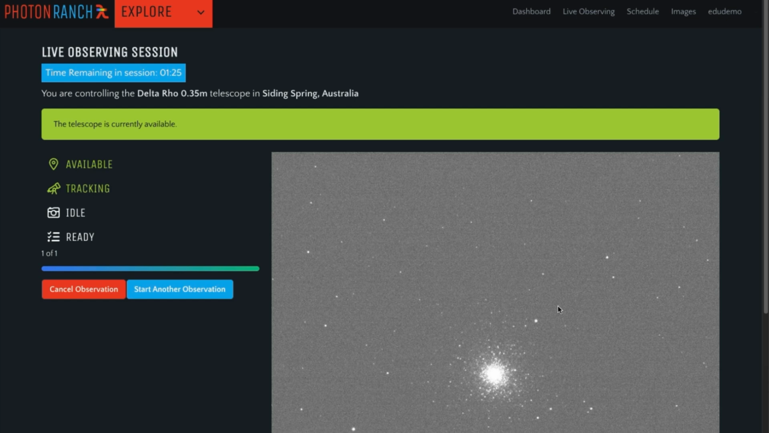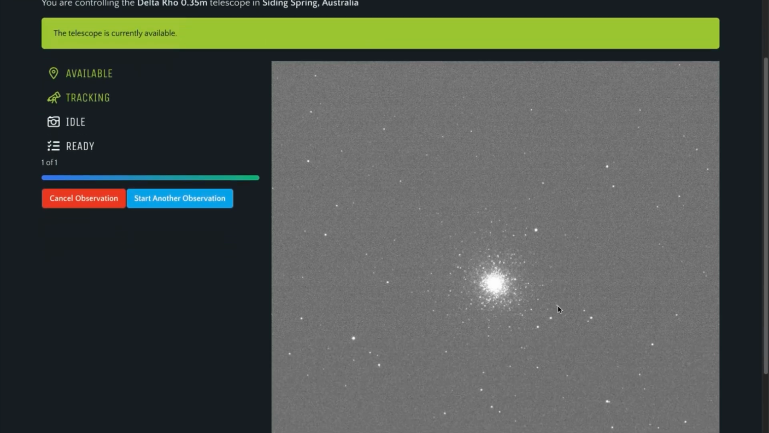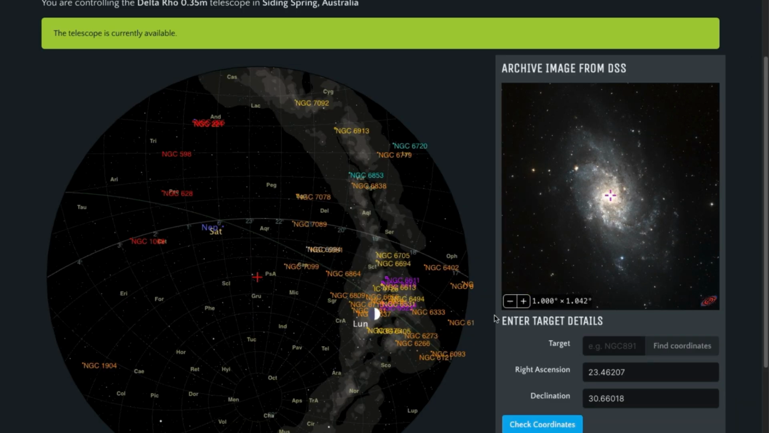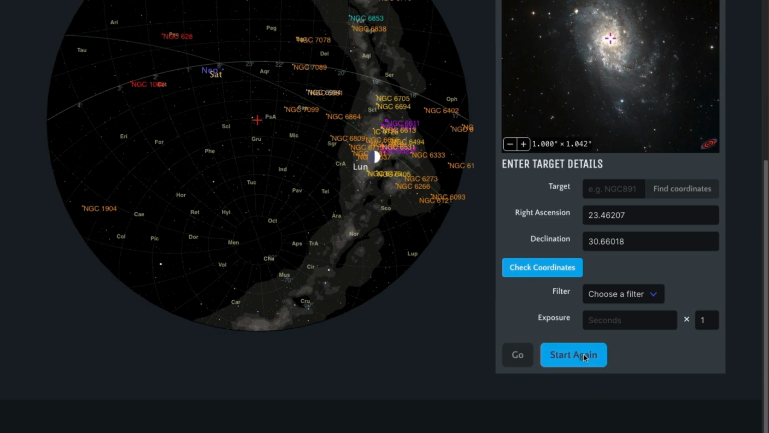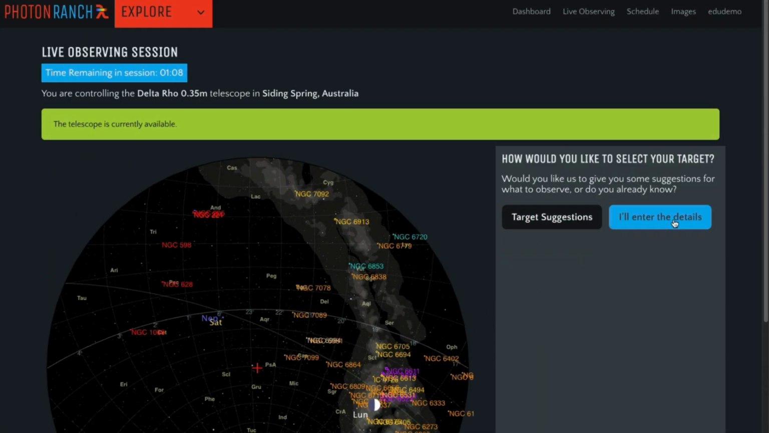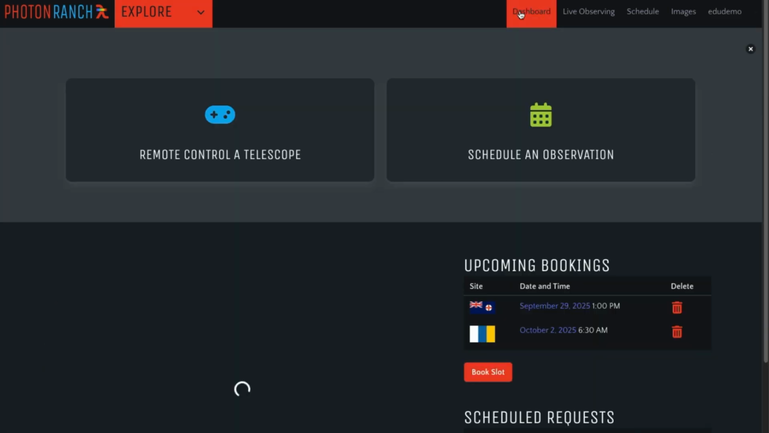If you want to click Start Observation and you have any remaining time, then you can return to the observing screen and start another observation. You can either use the suggestions or enter the details. And if you return to the dashboard,